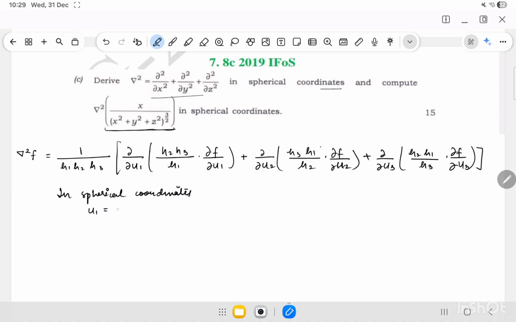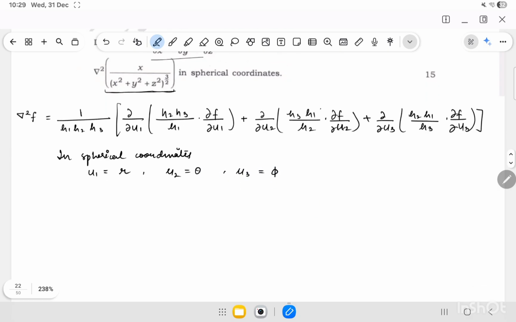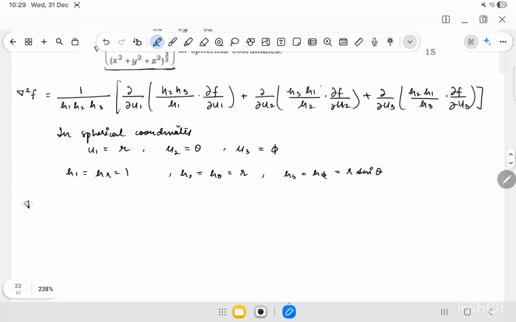And in spherical coordinates, u1 is equal to r, u2 is theta, and u3 is phi, and h1 is equal to hr, which is 1, h2 is equal to h theta, which is r, and h3 is equal to h phi, which is r sin theta. Now if I plug in all the values of the hi's and ui's, I'll get my del square f in spherical coordinates as 1 by r square sin theta